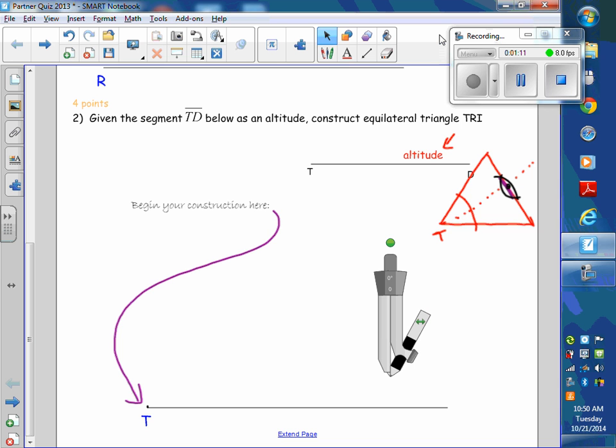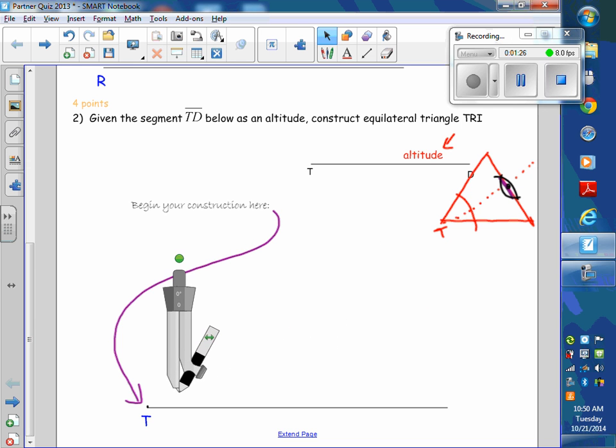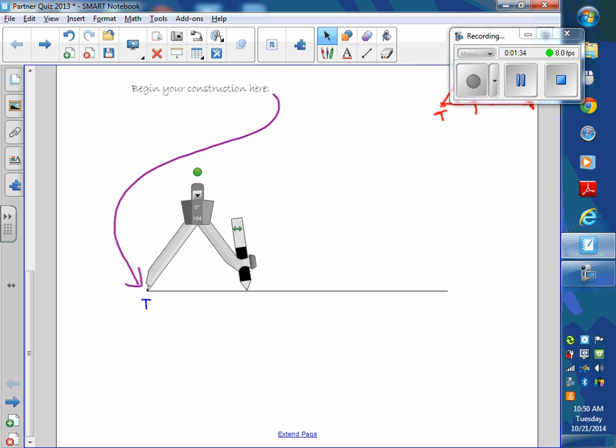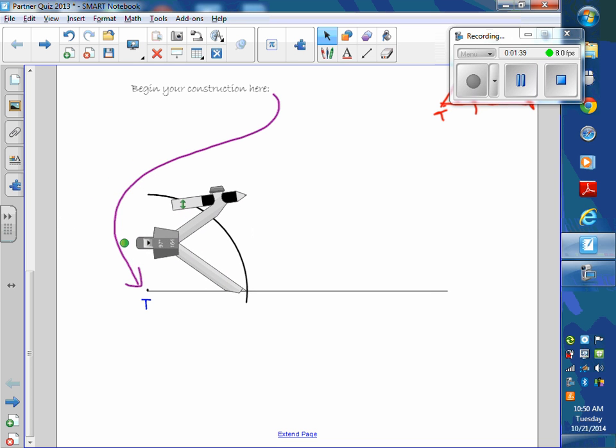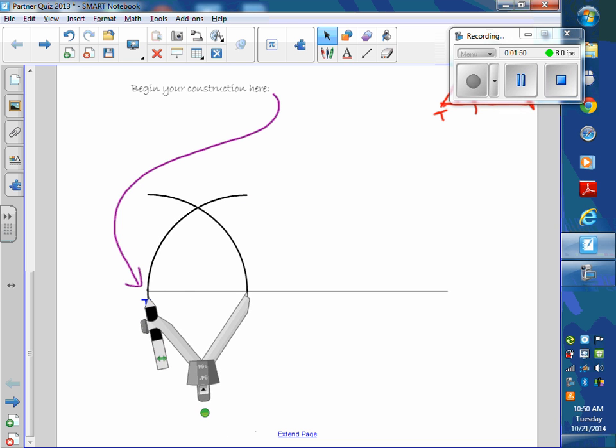I'm going to first make a 60-degree angle. This red equilateral triangle isn't necessarily going to be the right size. The purpose of that is to get a 60-degree angle. So I'm going to put my compass over here. I'll get the size after I get the altitude. I'm going to make a 60-degree angle, which is the same construction as an equilateral triangle. Remember, when you get an intersection from your previous construction, you use it. So this creates the 60-degree angle of my